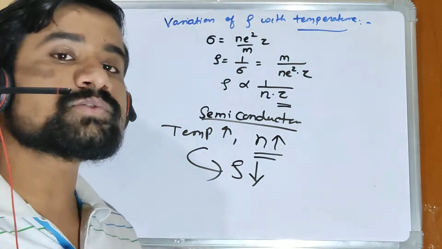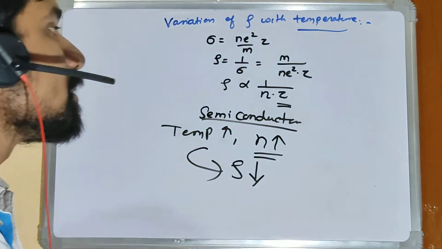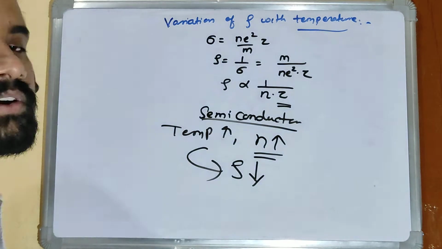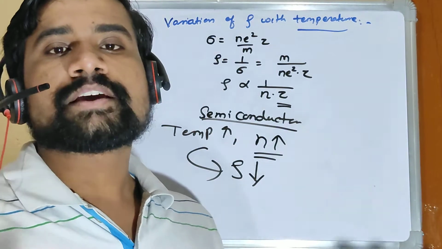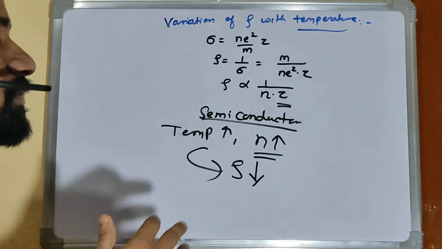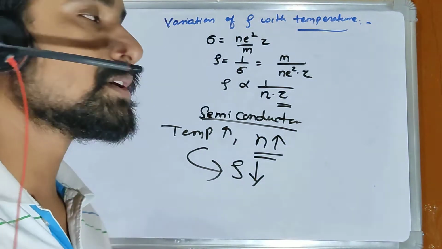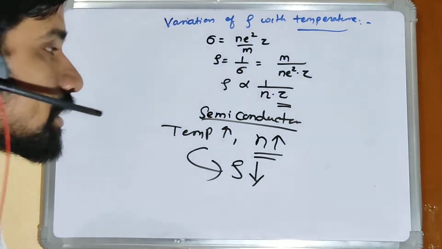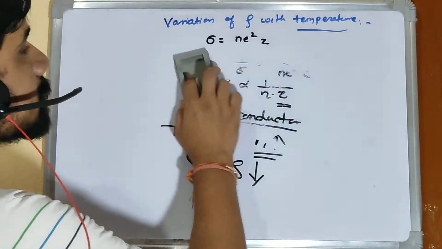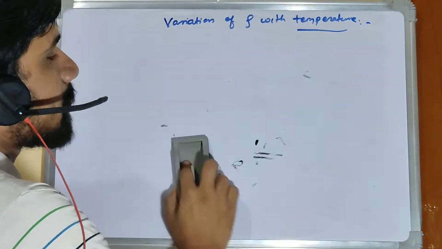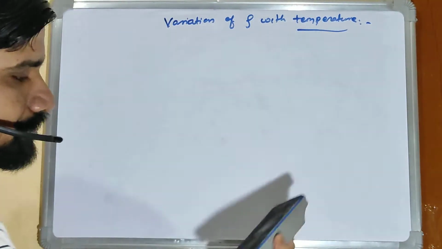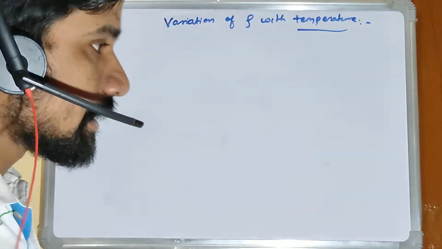So they can be used in a variety of applications. And again here, tau does not have much effect with respect to temperature in case of a semiconductor, since we are not bothered much about the effective collisions, right? Now let's derive the expressions, or not just the expression, but let's understand that